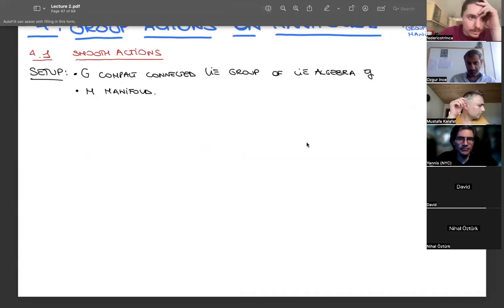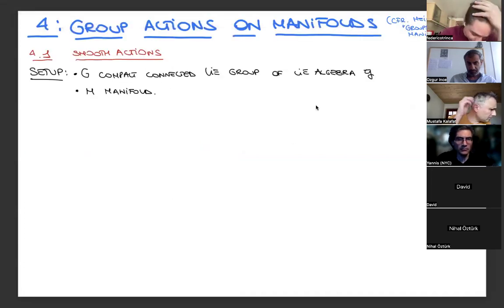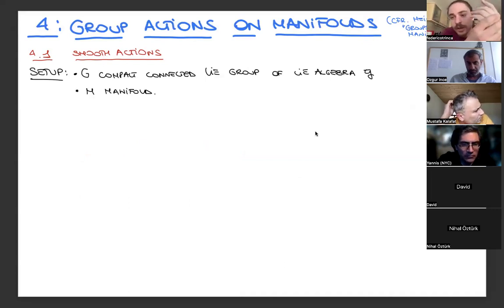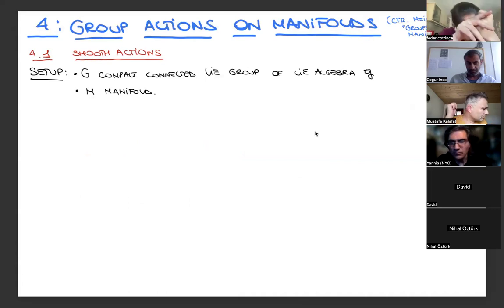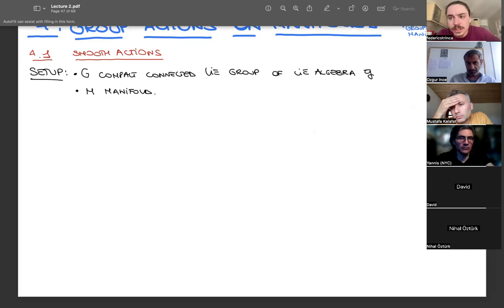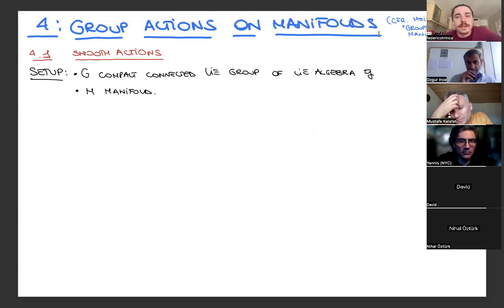Okay, now I'm going to take a detour on group actions and manifolds. This is just because yesterday I meant to be quicker than I was. I wanted to cover this yesterday, but I couldn't. This is something that for some of you might be very standard. For me, it wasn't. So I guess it's good to have everything reminded once in a while.